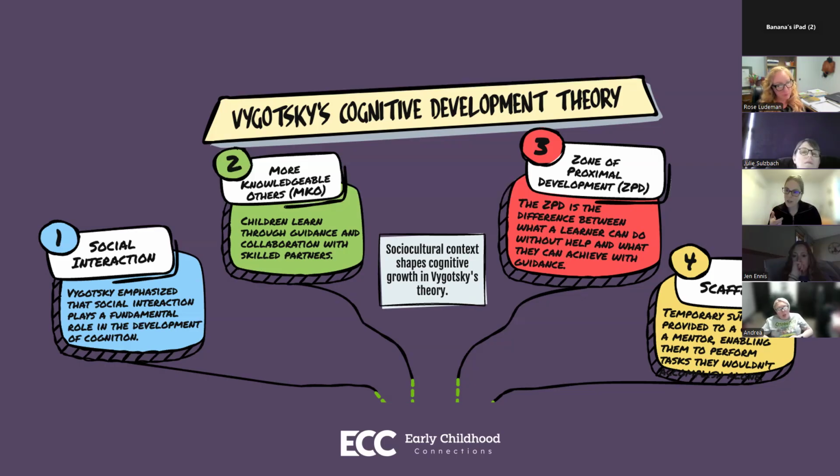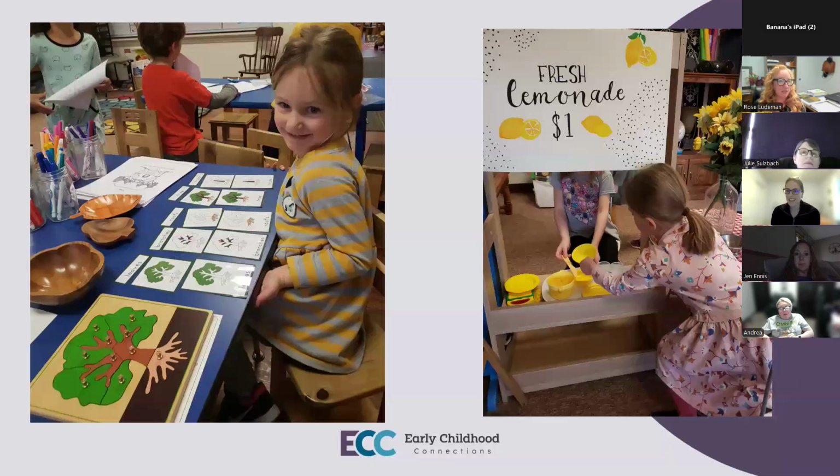One of the biggest things I've learned about teaching reading is that they need to hear the language first. They need to use the language first before they're able to start really reading and writing it. So if we can have our children modeling with each other, maybe even hear a higher level sentence or a new vocabulary word that a child hasn't heard before from their peer, from ourselves, we know that they're ready for that next step. It's pretty cool to see how that social learning theory really does support developmentally appropriate practice and individualized variability. So, Rose, if you want to take it to an example next.